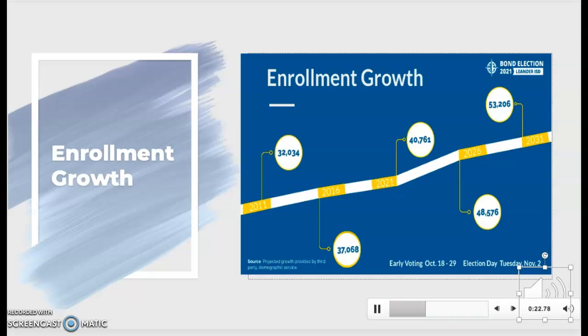This diagram here is showing from 2011 how much the growth is growing and where the expected growth is going to be in 2031. So in 2011, they started at 32,034 students, and they're expecting to grow into 2031, 53,206. So really just continue to grow each year. And so within the next 10 years, they're looking at 12,400 additional students with the construction of 20,600 new homes and 9 more school buildings possibly.